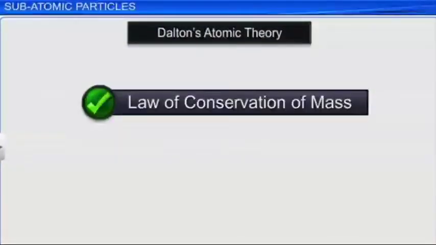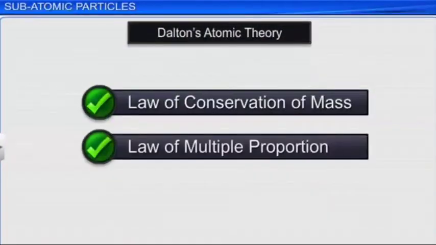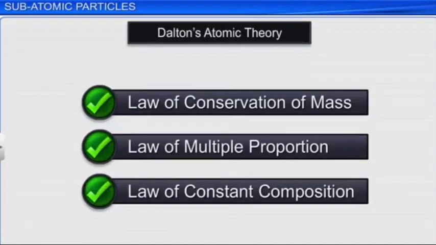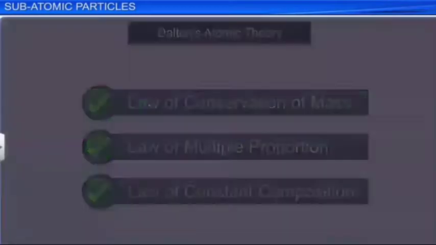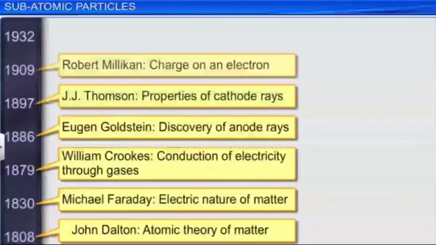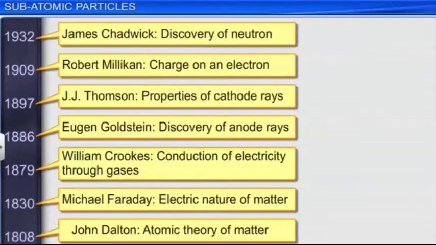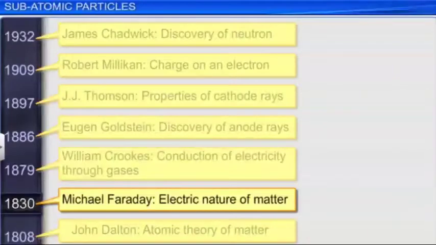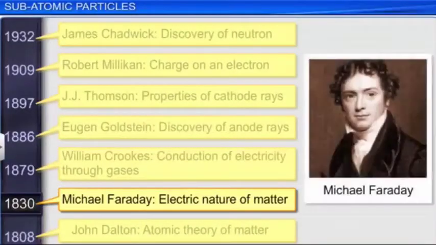Dalton's atomic theory was able to explain the laws of conservation of mass, multiple proportion, and constant composition. However, it could not explain the results of many experiments conducted by the scientists in the later part of the 19th century and 20th century. For example, it could not explain the electric nature of matter as explained by Michael Faraday through his experiment in